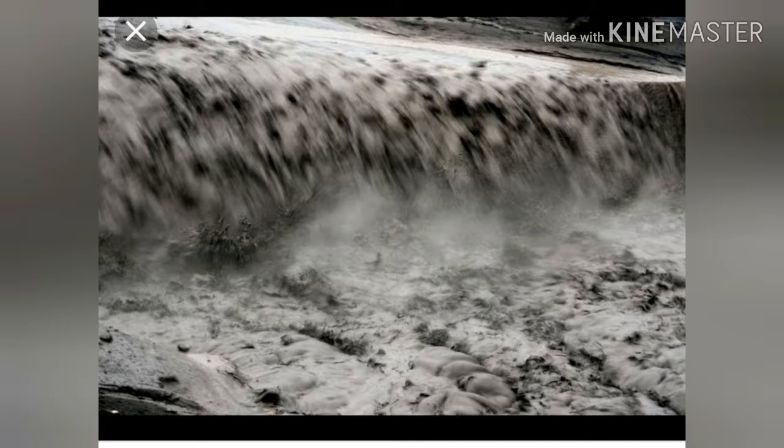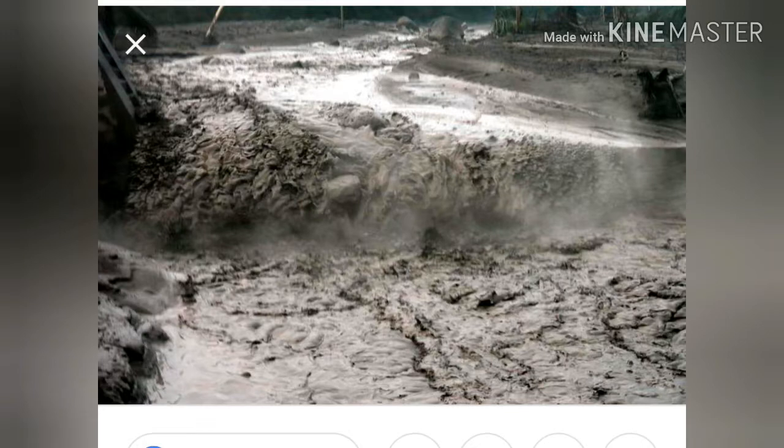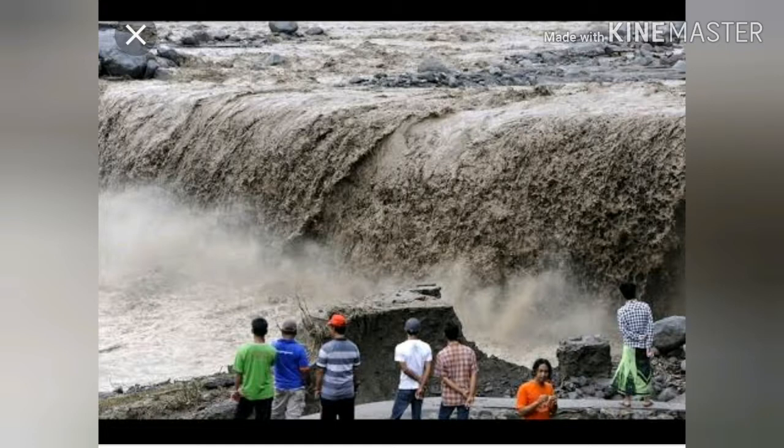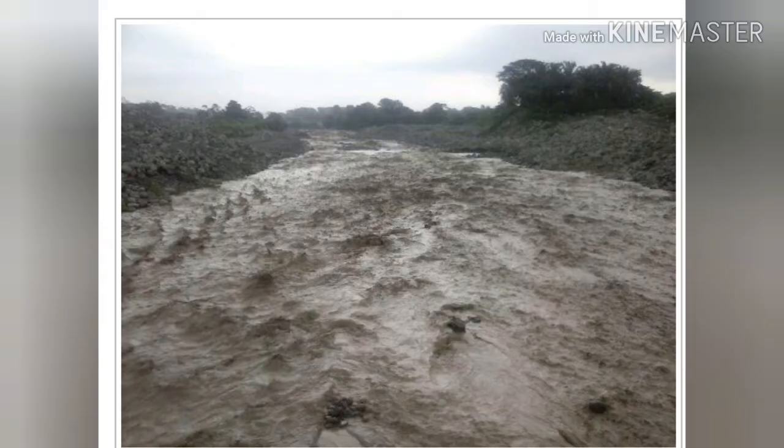These are the destructive characteristics of lahars. First, lahars move rapidly down valleys like rivers of concrete. Second, lahars can occur with or without a volcanic eruption. Third, lahars pick up materials as they travel, which can cause damage to structures in their path. Fourth, lahars and excess sediment cause serious economic and environmental damage to river valleys and flood plains.